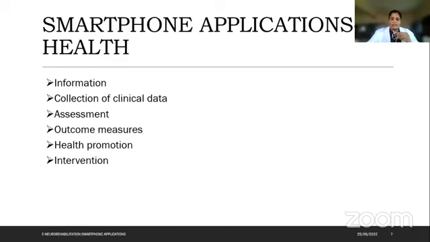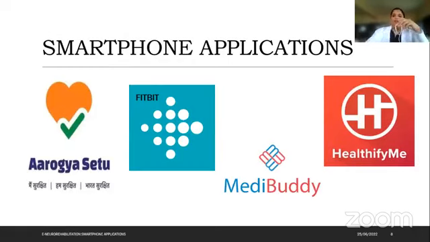Let me give you an example. Now, all of you had the Aarogya Setu app. Each and every individual of India must have had it, at least more than 70% of individuals have had the Aarogya Setu app in their smartphone. Of course, it was mandated by the government, but still it was there. Now, this app was information-based, it was health promotion based, and the Aarogya Setu app also collected clinical data for research purposes. So this was a simple app that is basically linked to health.